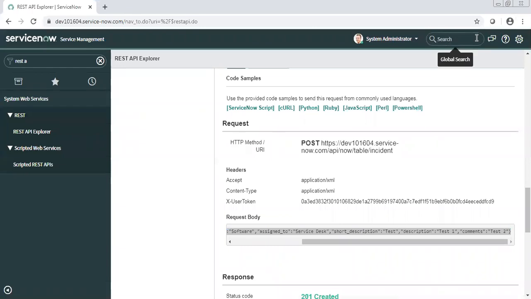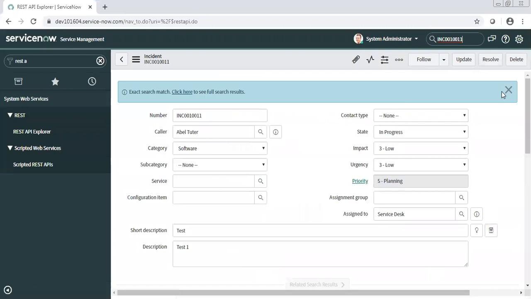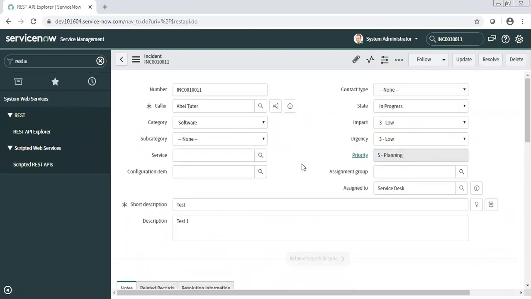If I search for this, yes. Is this number automatically generated at the Postman side? No, this is generated by ServiceNow, and ServiceNow has sent the response: we accepted your request, and this is your number for the same.